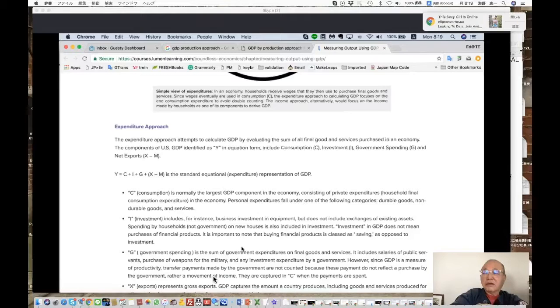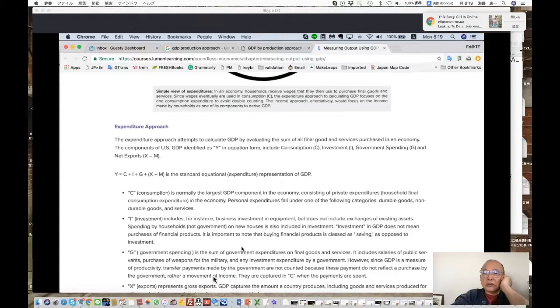So let's say that I'm the importer of all the iPhones in Japan. It's not true, but let's say that I import all the iPhones in Japan. Wait a minute, in some cases they are not imported; they are assembled here in Japan. Let's start with one example, because otherwise, if you don't understand it, we need to start simple. Yeah, I don't understand. That's the reason I have questions.